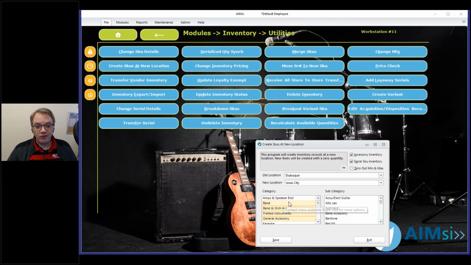Now, as is the case, if nothing is selected, then technically everything is selected. So if I don't have any category selections at all, it will go ahead and copy over everything in which I've made those check marks. So right now, technically what this would do is this would copy all of that inventory from Dubuque to Iowa